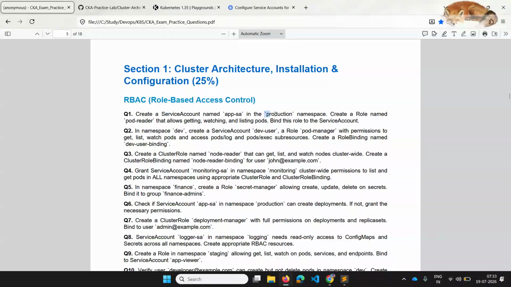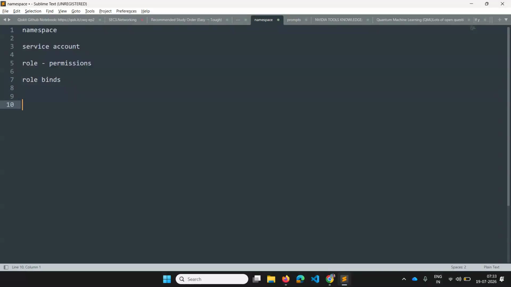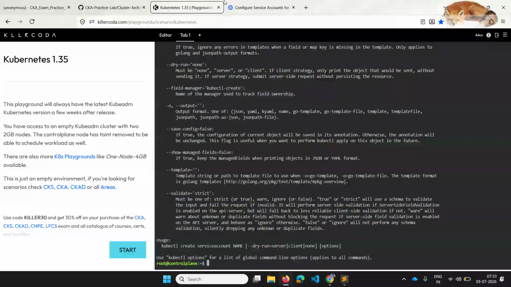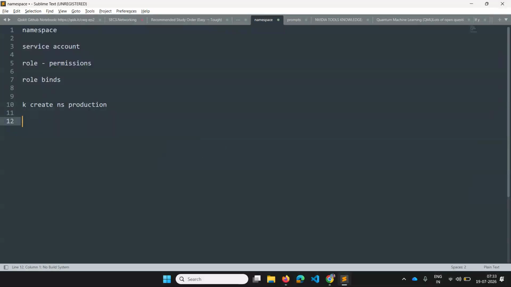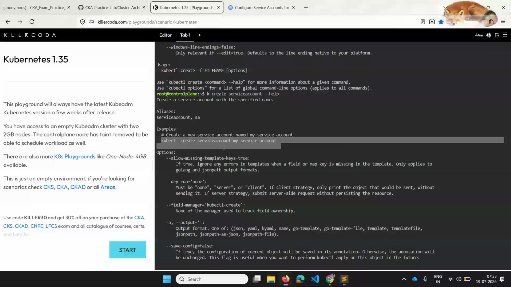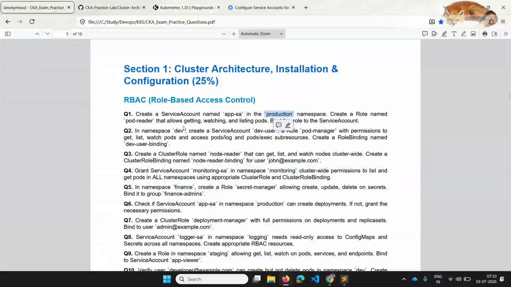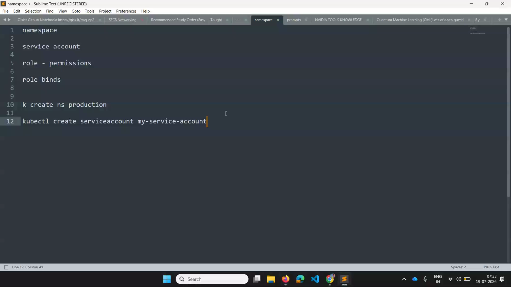Okay, I'll just write it here. Create namespace named production. Even this, if I have to create a service account, I should be creating it with the name of app SA.